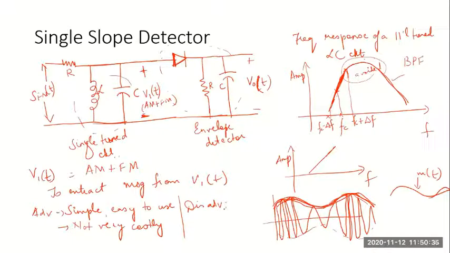The disadvantages are sudden amplitude variations. We say spurious amplitude variation. Say I have a sudden peaking in amplitude, say due to lightning or something. Remember, we are sending the signal on air. So when there is a storm or lightning, there is a sudden variation in amplitude. Then your envelope detector is going to track this variation. So in the output also you will see the envelope detected like this.